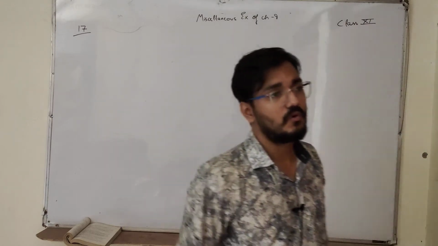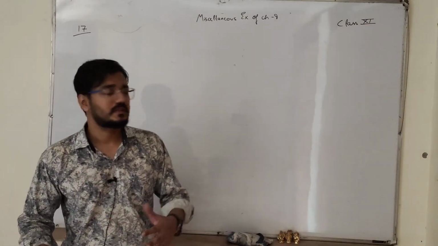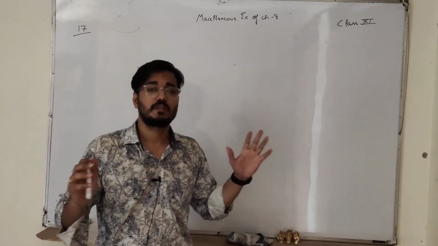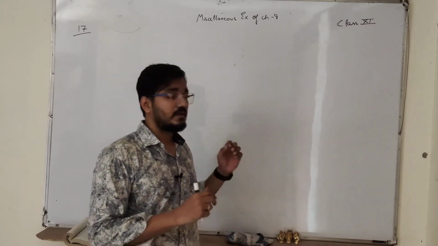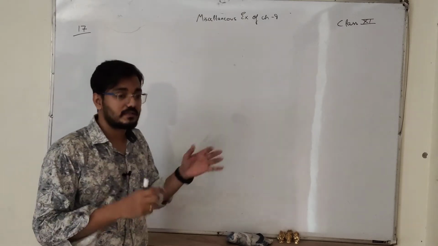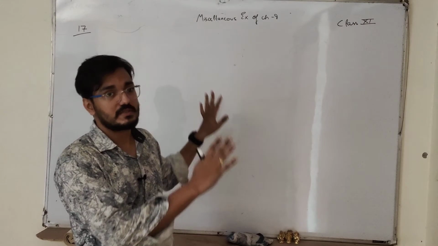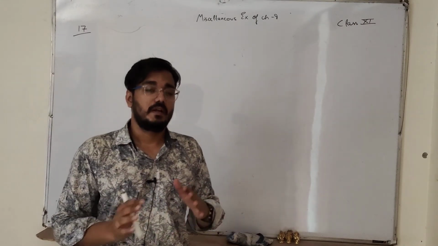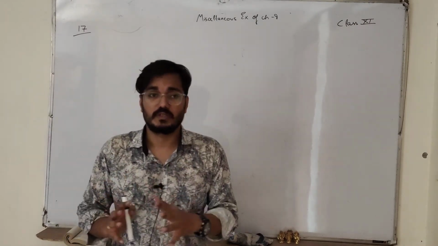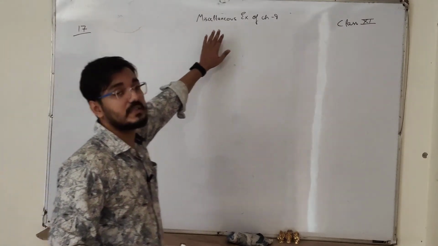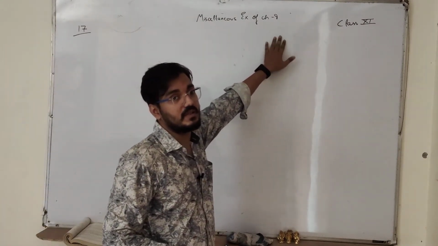So this whole exercise is based on our logics. It will be difficult to understand the question until unless we go through the chapter again and again. Just don't focus on what I am doing here. Just try to write it on your own. Try to simply understand the steps and copy it and go through the step-by-step procedure. Then you will be able to understand these questions, because this is the miscellaneous exercise of chapter 9.